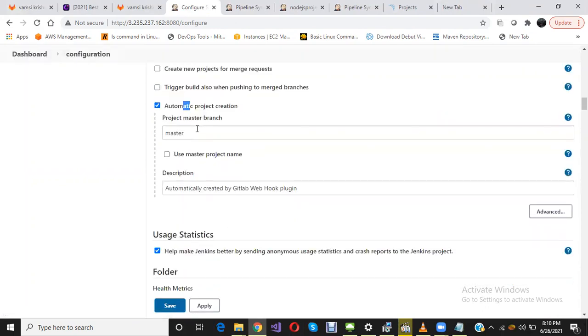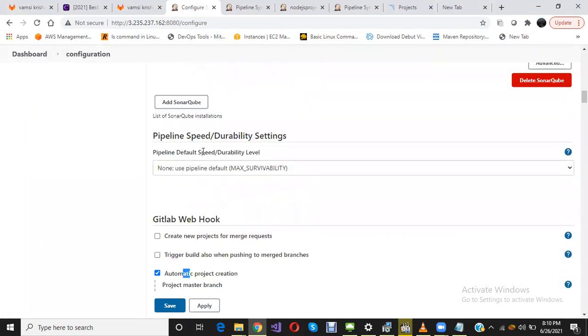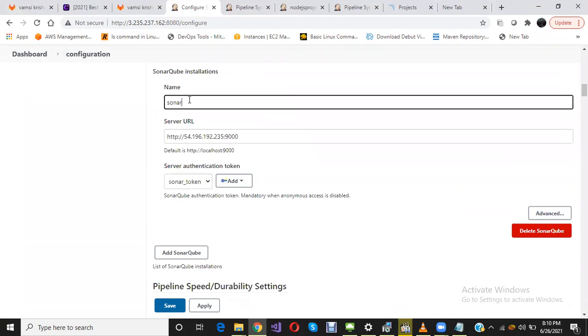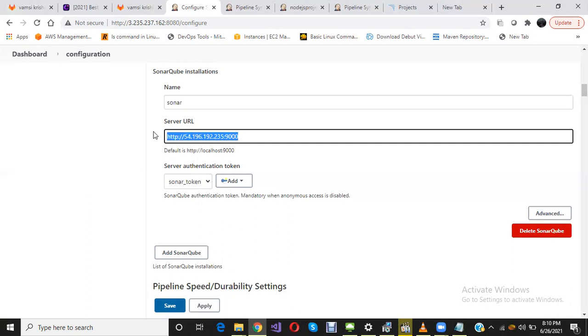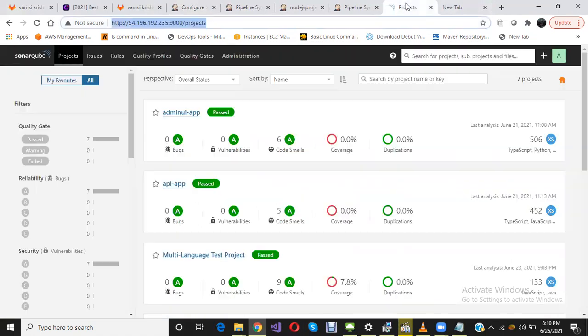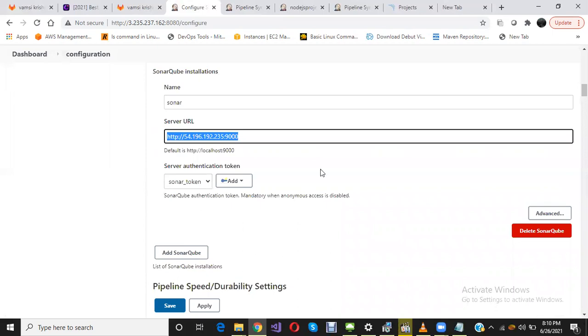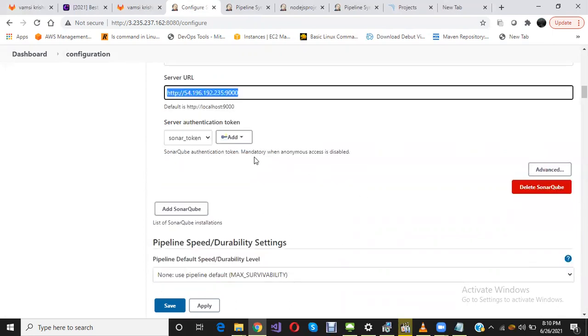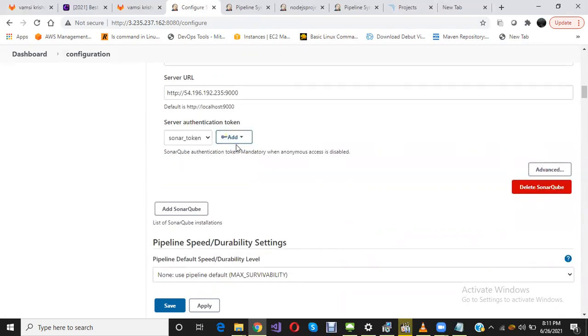We can give any name here. Right now I have given Sonar, and this URL should be your SonarQube instance URL. In AWS, if you launch an instance that has a public IP, here we need to specify the public IP with the port number. By default, SonarQube has port 9000, and here we need to add the SonarQube token.